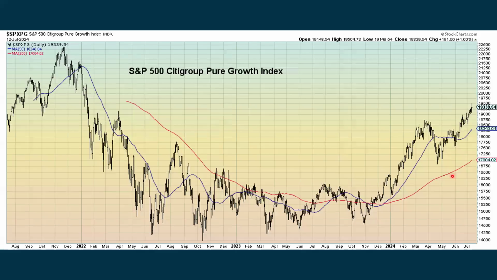Then I do an extensive analysis here of growth versus value. Growth is when you want to buy low and sell high. These are stocks that grow in value. That's why they're called growth stocks, and they're companies that grow. They typically, in this day and age, tend to be more technological or AI or really cutting edge as far as new things that are happening. And it's the stocks that usually people are talking about. And when you look at it by itself, this is a pure growth index. It is in an uptrend.